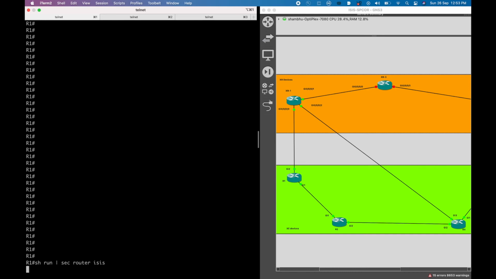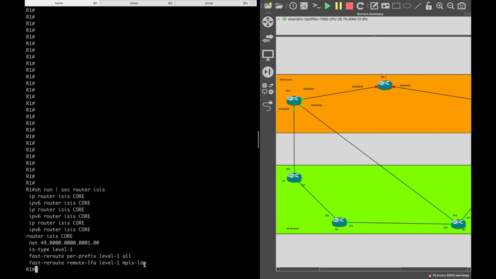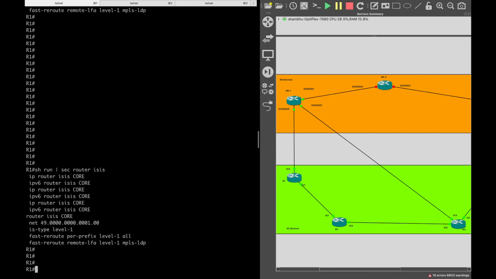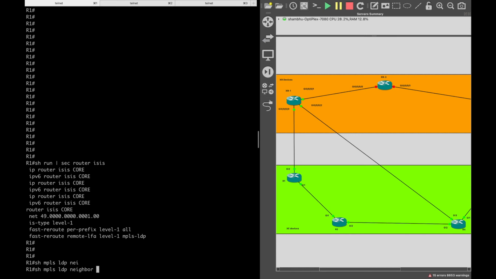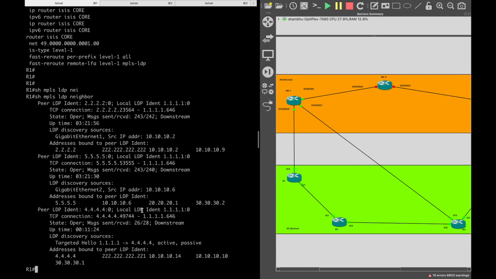router IS. If I do, you can see that I have already configured it: fast-reroute remote LFA level 1, MPLS LDP, which I am going to use. So what I'm assuming is the network has already converged. It has identified all those intersection point routers, so it should be having some targeted LDP sessions established also. So let's see, show MPLS